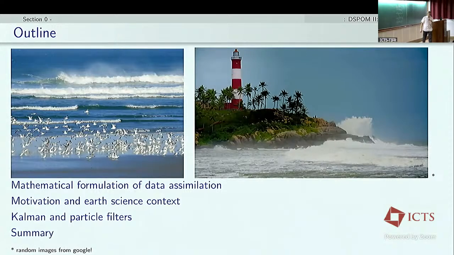And then the actual algorithms that are used, which are particle and Kalman filters, and maybe a summary. Hopefully the first two will take the first half, and the last two, actually really one, the summary, is 1 or 2 slides, so it's not much, but the third one will hopefully take the other half. Okay, so